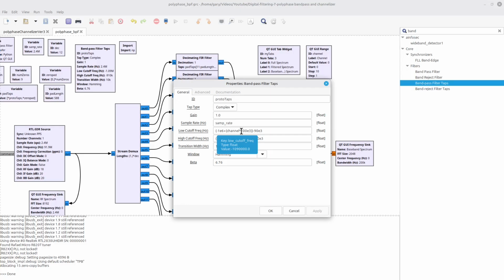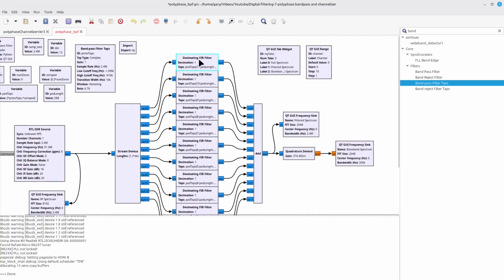When I choose a different channel, it's going to come in here, set the new low and high cutoff frequencies, which will then calculate new taps. That will then get propagated to the different FIR filters in my filter bank, and therefore allow me to effectively select different channels.